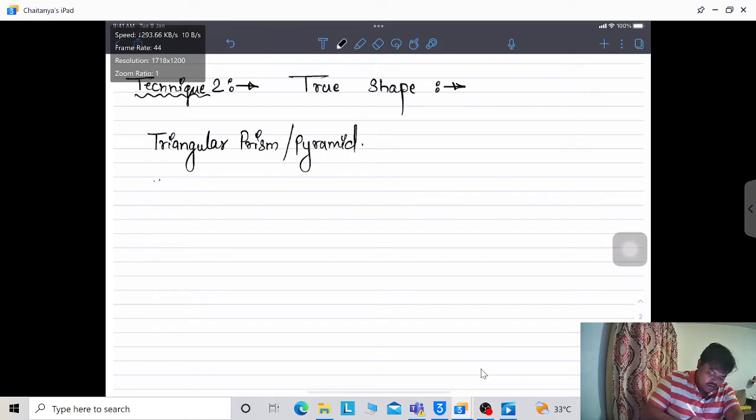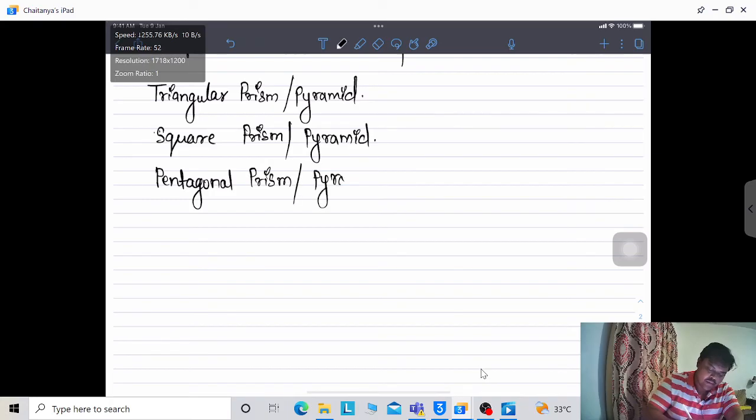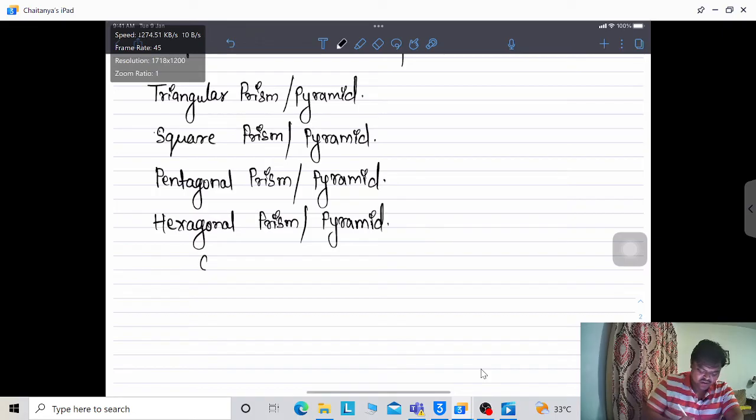स्क्वायर प्रिज्म और एल्स पिरामिड, और एल्स यूनिवर्सिटी पॉइंट ऑफ व्यू में ज्यादा करके पेंटागन आता है फॉर 15 मार्क्स। पेंटागोनल प्रिज्म या फिर पिरामिड भी रह सकता है, या फिर द लास्ट वन हेक्सागोनल प्रिज्म या फिर पिरामिड भी हो सकता है, एंड द लास्ट वन कोन या फिर सिलेंडर भी हो सकता है। तो इतने ही आपके एग्ज़ाम में आने के चांसेस हैं,